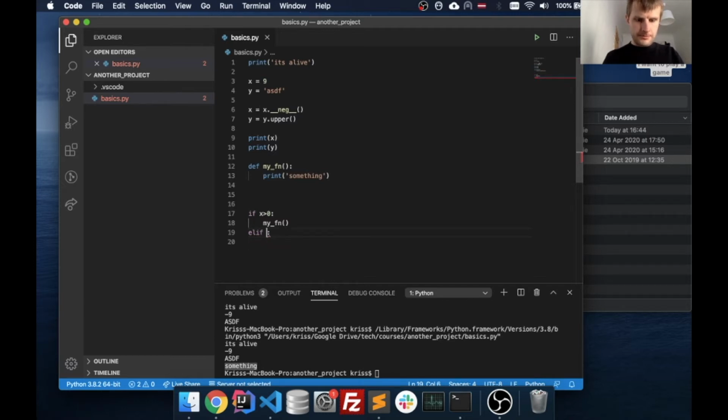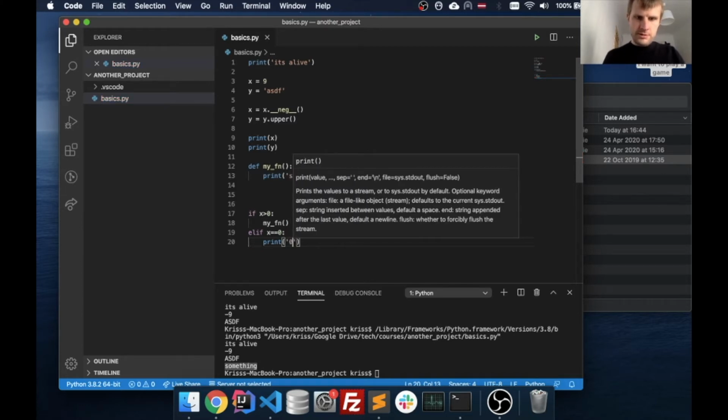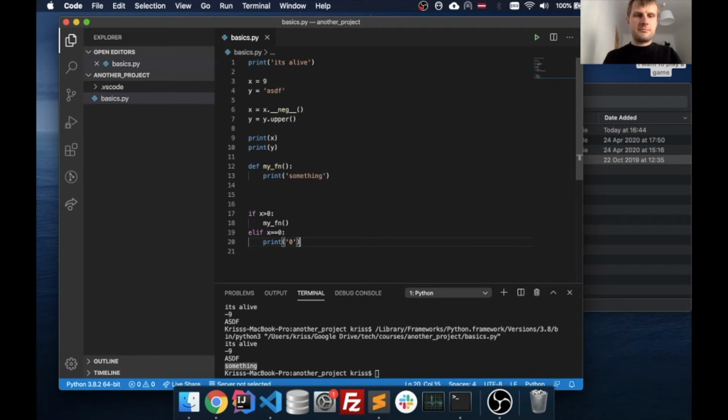We have to put something here, x equals 0, then I don't know, print 0, for example, or x, and else, I don't know, something else. We can print y. So this is a very standard if-else statement, similar to JavaScript. So in this case, x is -9, so it is not positive, it's not 0, it's here. So it prints out y, and y is